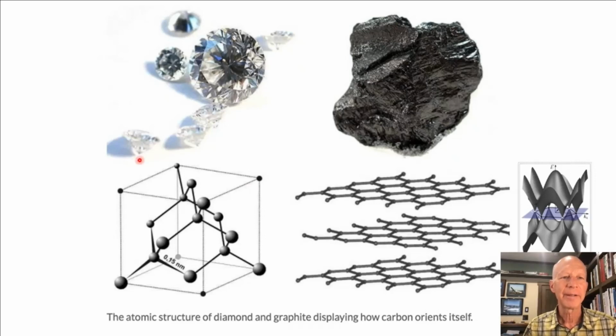So on the left here, you see the structure of diamond. Here's a carbon atom, and it's tetrahedrally coordinated with 4 other carbon atoms. A chemist would call that an sp3 hybrid bond, and I'm sure you all know what that is. And then you go to graphite here on the right, which is the pencil lead, and you see the well-known